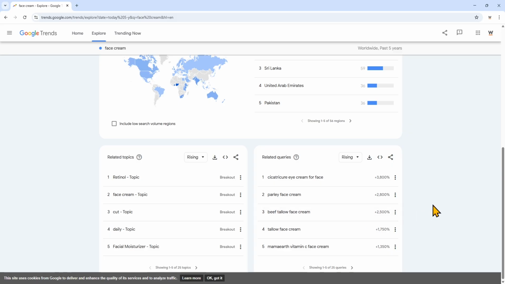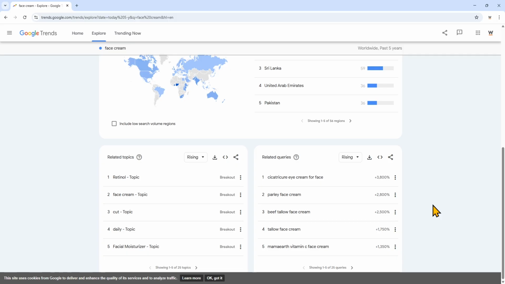So this could be useful, for example, if you want to see the popularity of a topic overall, you can look at popularity by topic. But if you want to test out a specific phrasing or see which terms are more region specific, then you would look at the queries. And this can help you decide which search keywords to target in your website content.